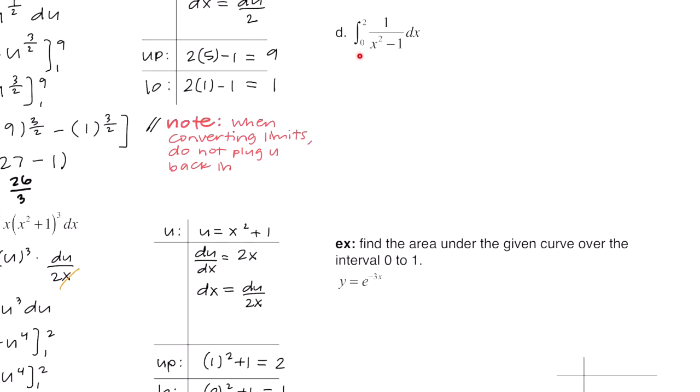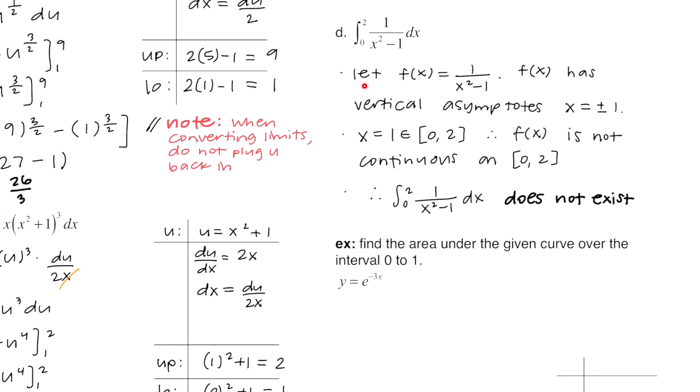This example says the integral from 0 to 2 of 1 over x squared minus 1 dx. Before we attempt this problem, I want to look at these limits. It goes from 0 to 2, and then we have this function 1 over x squared minus 1. If you'll notice, this function does not exist at 1 and -1 because that would make the denominator equal to 0. And since 1 is in the interval from 0 to 2, we can't do this problem.